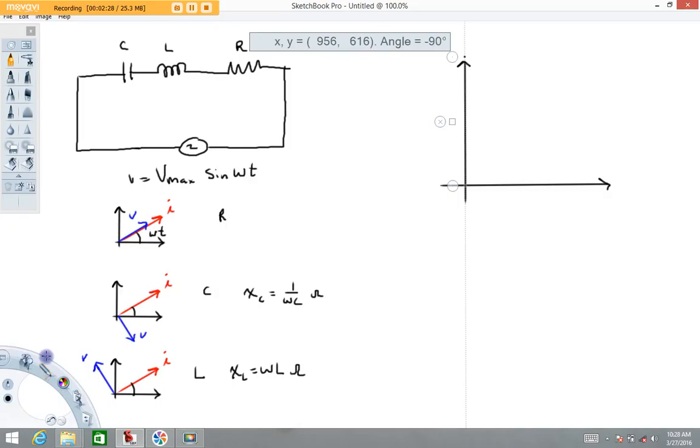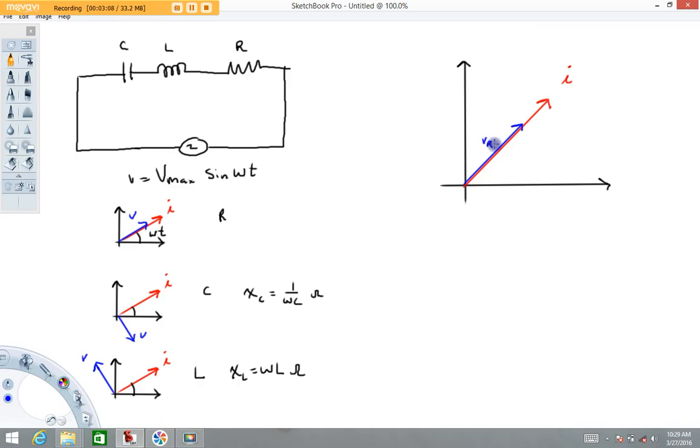When I'm dealing with phasor diagrams, the first thing I always do is draw the current phasor in. So I'm going to go ahead and do that, in red. I like to think of the current phasor as kind of like my anchor in the problem here. There's my current phasor. Now I'm just going to start drawing voltage phasors for the resistor, capacitor, and the inductor. The resistor, remember, is in phase. I'm going to offset that a tiny little bit so we can see both. So there is my voltage phasor for the resistor.